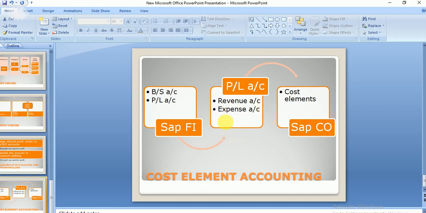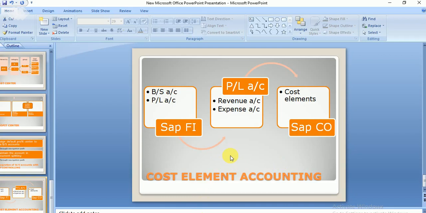In a similar way, I can create my cost elements for the profit loss accounts. The balances in these particular accounts will flow into the controlling module through this cost element. We can make this cost element be automatically created by the configuration, but I don't want to use that, because I want to show the settings, so I just want to manually create these. In my forthcoming videos, I will explain how it can be configured to create the cost element automatically.